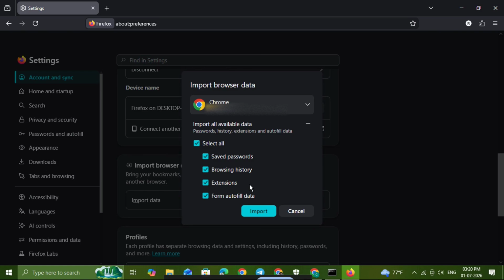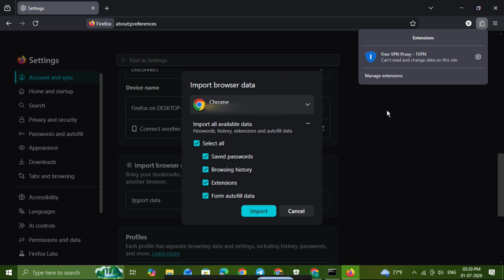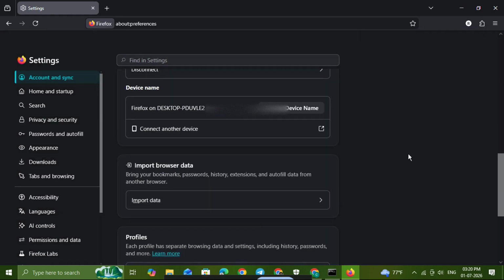Once the import finishes, check your Firefox browser to confirm that everything came over correctly. You may want to open your extensions menu and verify which tools are now active. If something didn't transfer, you can usually search for the same extension in the Firefox Add-ons marketplace and install it directly from there. And that's it! You've now learned how to import Chrome extensions into Firefox, or at least check whether your Firefox version supports bringing them over automatically. This is a great way to make your browser switch feel much smoother and save time setting